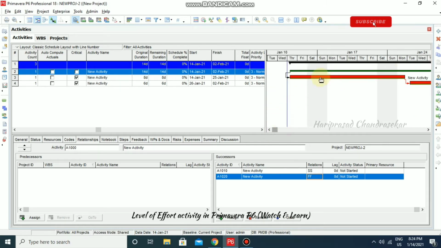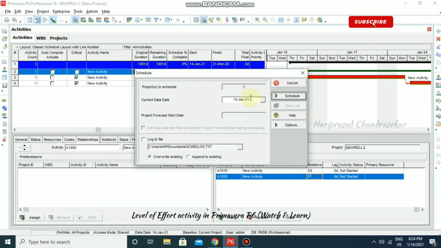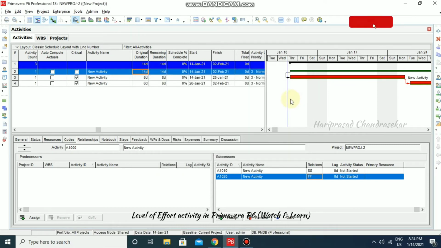So normally for level of effort we can't input any duration directly. So for example, if I am putting like this, it will take it, but once you're scheduling it, it will go back to the duration which depends on the predecessor or successor activities. So that is what level of effort is.